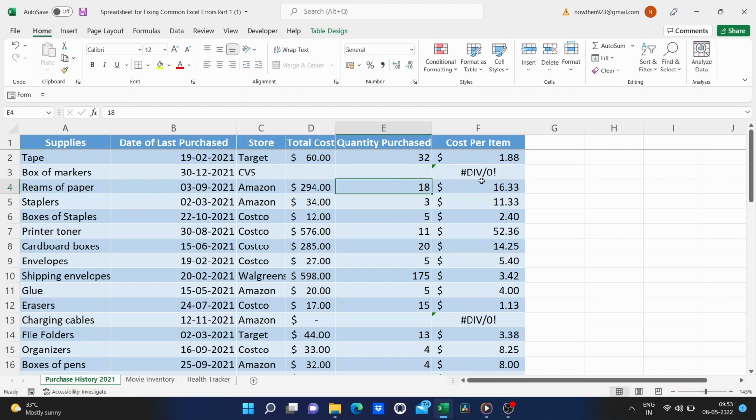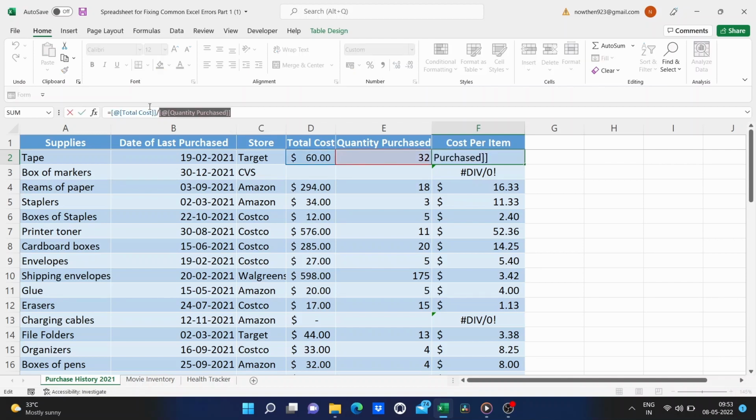And now what I'll do instead is I'll change up my formula. So I'm gonna go back up here to cell F2. Click on the cell. And I'm gonna delete what's there in the formula bar. I, of course, could do the same thing here inside the cell. But sometimes it's nice to use this formula bar. It's just a little bit cleaner sometimes.